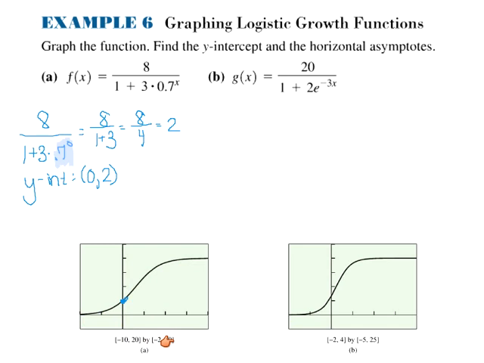All right, next we have to identify the asymptotes. So with your logistic growth functions, we know that it's going to have an asymptote of y equaling 0. What's the other asymptote that it has? What's the maximum that it's reaching? 8. Yeah, you should be able to identify these without looking at the graph. The y equals 0 is just the baseline asymptote that you have for a logistic growth function. The numerator tells you that top value. So 0 is going to be the bottom value, and the numerator tells you the top value.